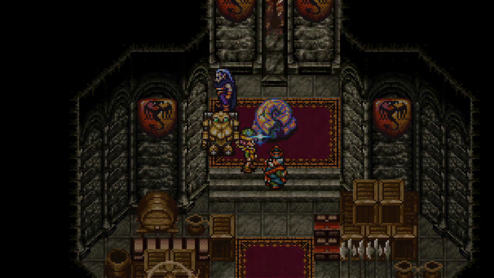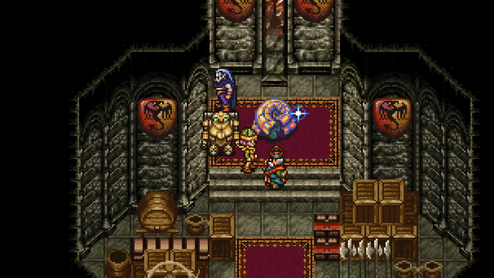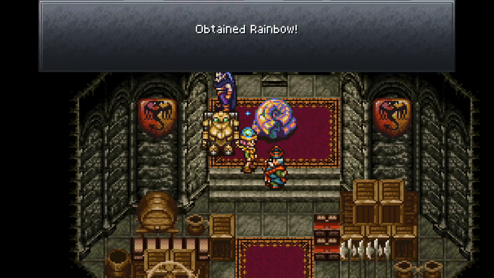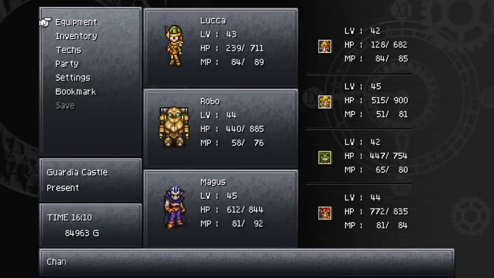We've done adventures to get 2 sorts of legendary material, the Rainbow Shell and the Sunstone, and Melchire can work both. My work is complete, I said for the 3rd time in as many minutes. Obtained Rainbow. I finally feel like I'm doing something worthwhile. And Rainbow...